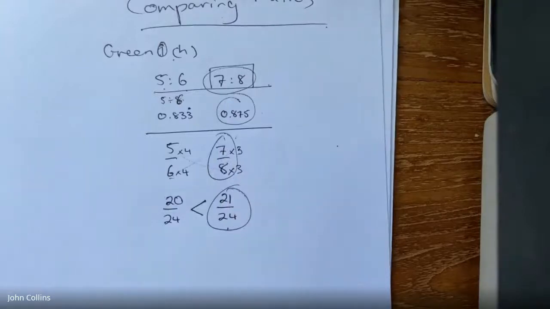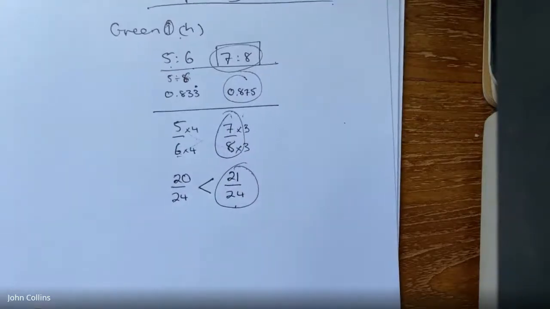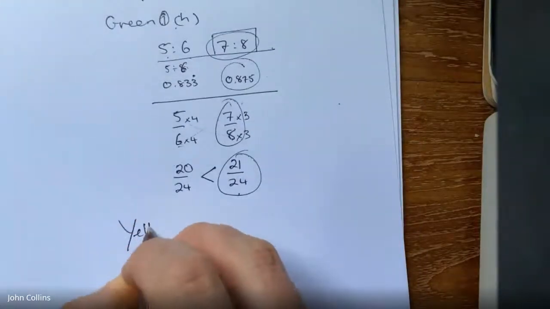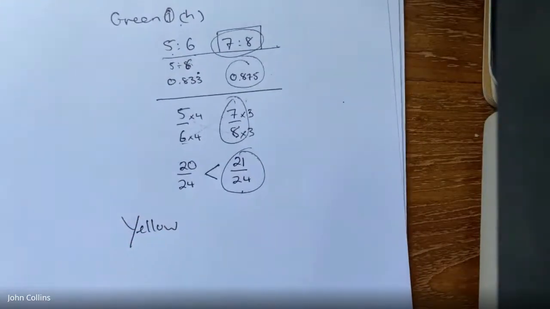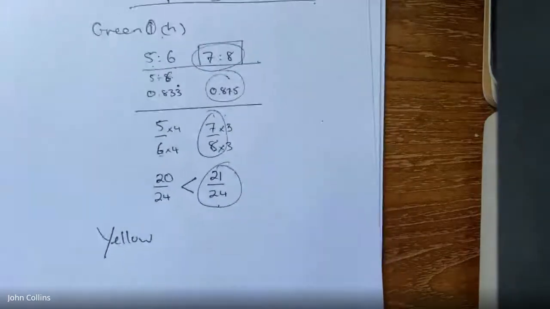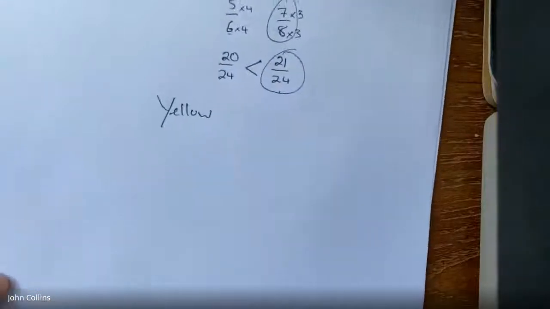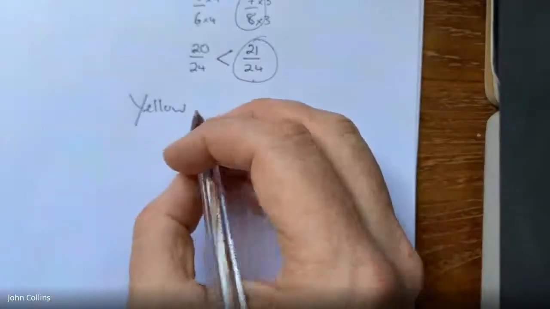Sometimes that can be confusing. So these are the two main methods. The question I'm going to do from yellow, and once again, I'll give you all the answers to these in a minute, is going to use one of the gradient questions. So I'm going to do question 4,